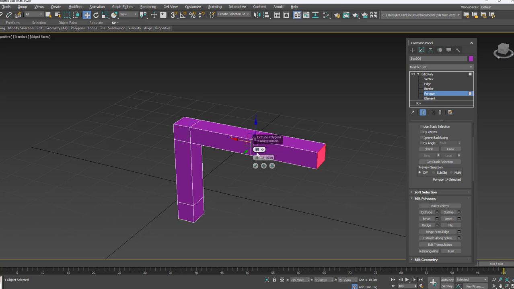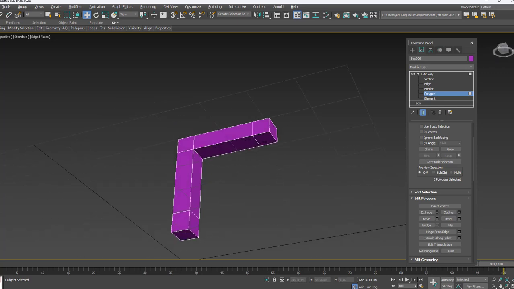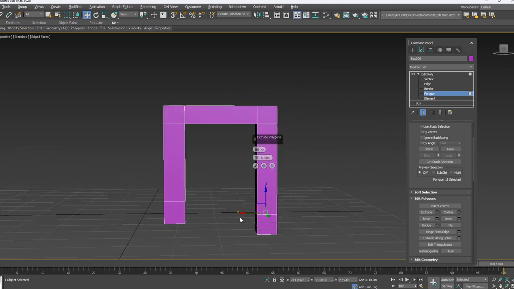plus again decrease the amount little, done. Next again this one, extrude setting, go with the same amount, add it one more time, reduce it, okay.